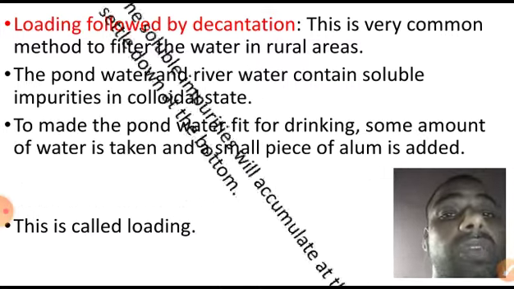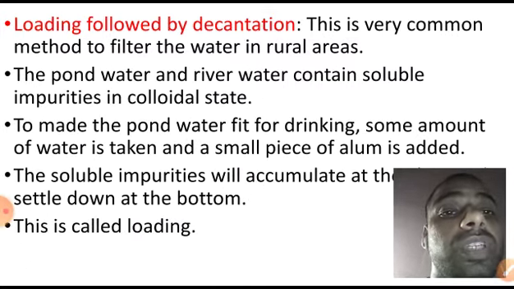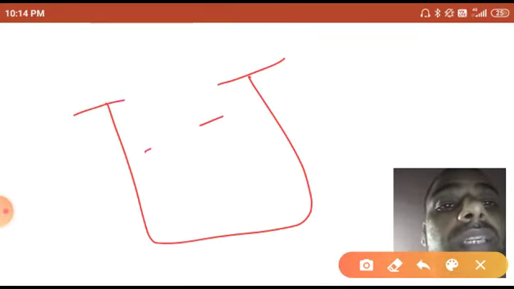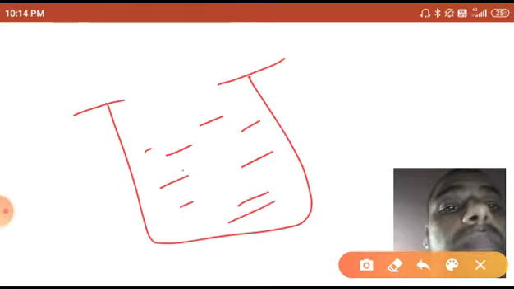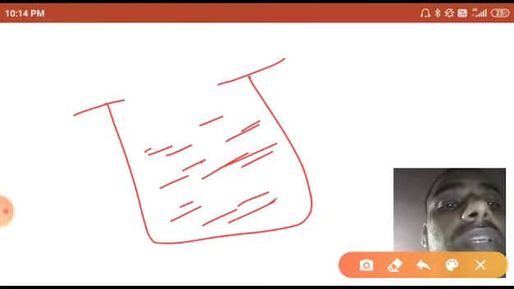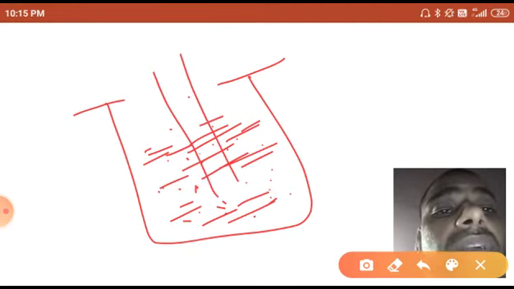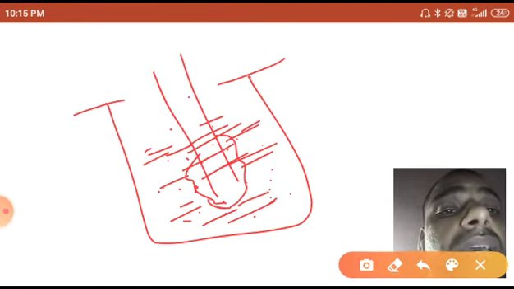Okay now, I am showing you how this is done. You can take one beaker and in that take some pond water. Pond water has soluble impurities; this dot acts as a soluble impurity. I will suspend some alum into this. Alum, you know, no?